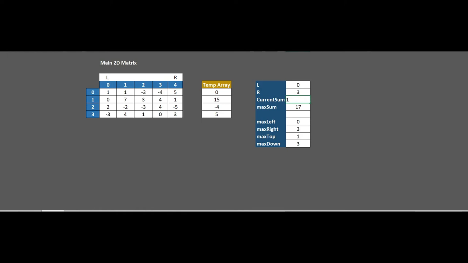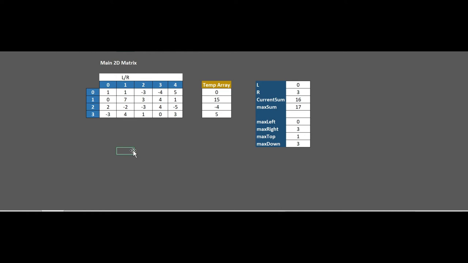If we place current sum as 16, we can see it is not greater than the maximum sum previously. So for that purpose we don't have to update these values, we have to skip. Now as R reached the last column, we have to move left here. So our one cycle is completed now. After one cycle we got this as a result. Next we have to move left towards the right side of it, one place, and right also we have to start from here.